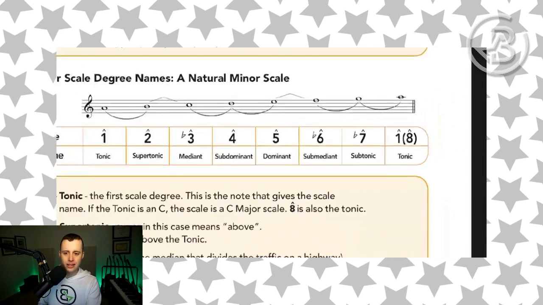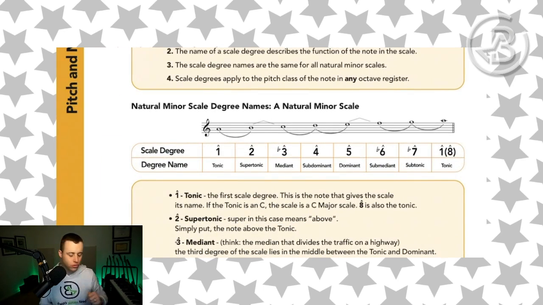And the reason why scale degree 7 is called the subtonic, I will show you why. So here's an A natural minor scale. Now I'm going to play that A natural minor scale, but I'm going to raise the subtonic to a leading tone. Listen to the difference. Ooh, that sounds very different. Here it is without the leading tone, just with a subtonic. So you can see how different the feeling